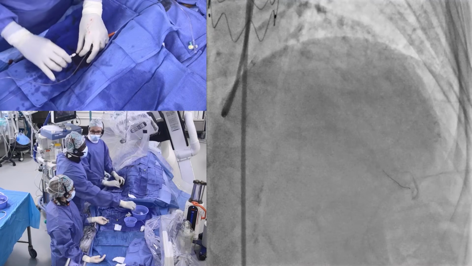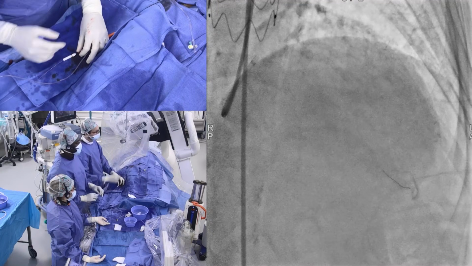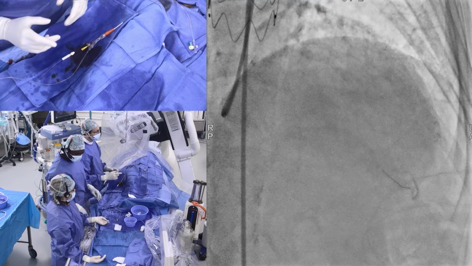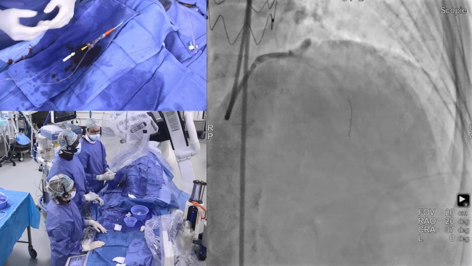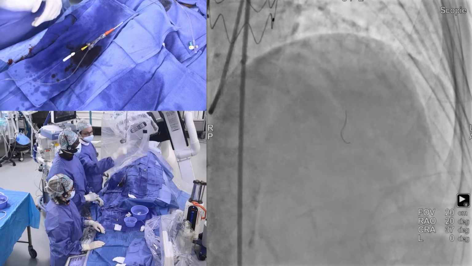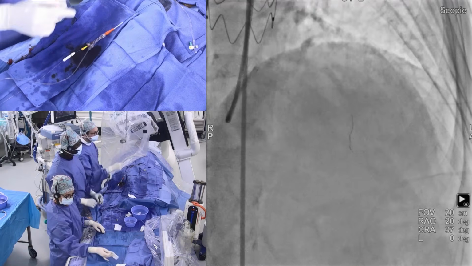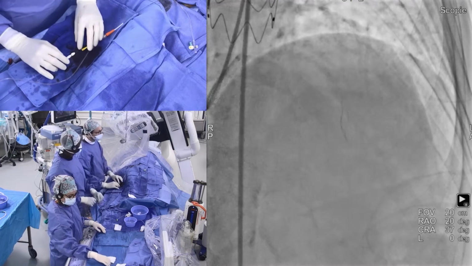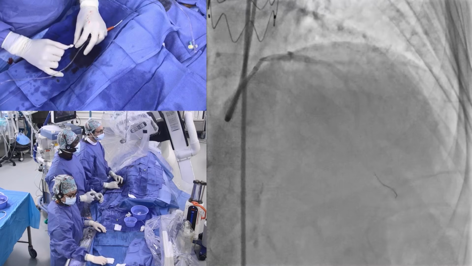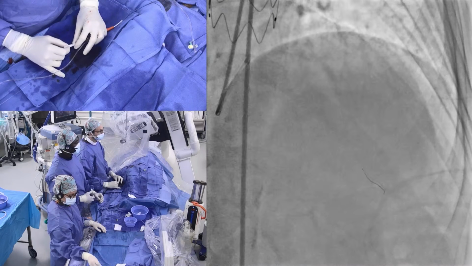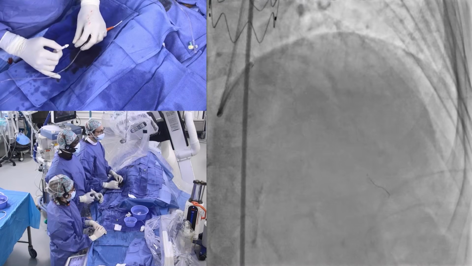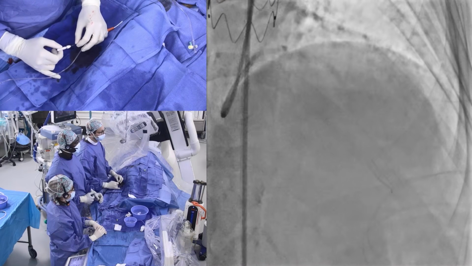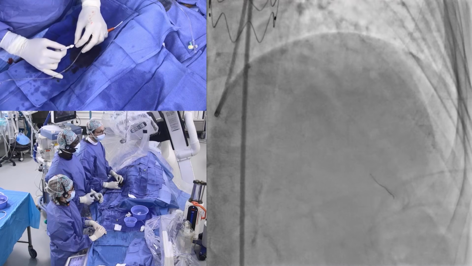It's so different from the legacy one. You can see it's very easy to use, with a very high response to torque, and you can appreciate how we cross the lesion. You can appreciate how I can take the collateral, the first diagonal, the septal. It was very smooth to advance, very easy. So I think it's a huge improvement in terms of the rotablation procedure. There is no comparison with the legacy RotaWire. And I'm very, very surprised about the performance of this